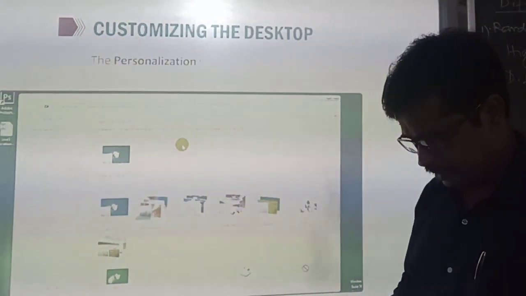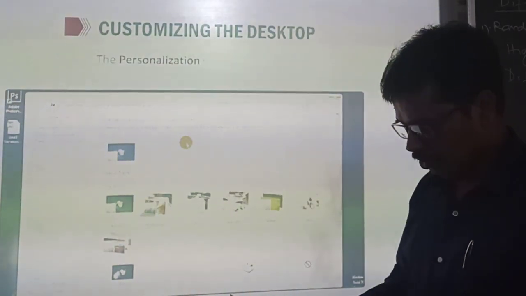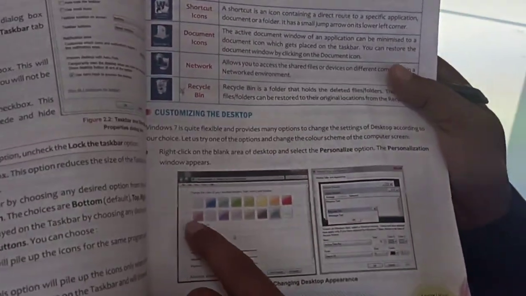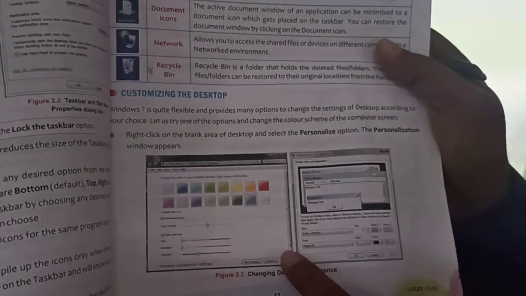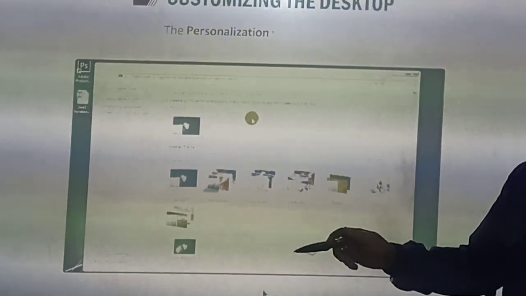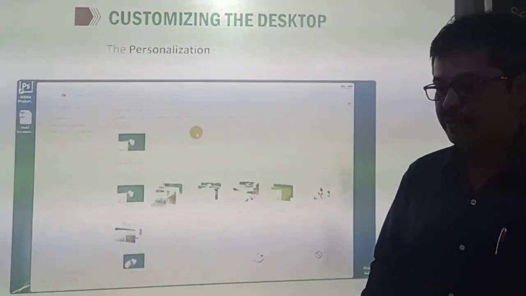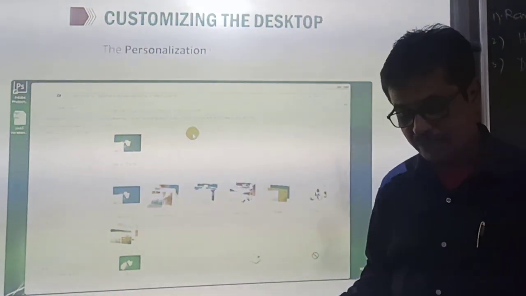When you click Windows color option, this type of window will come in front of you, from where you can choose the Windows color. So steps again I am telling you. Right click on the blank area of the desktop, then select the personalize option, then go to the Windows color option located at the bottom of the window.